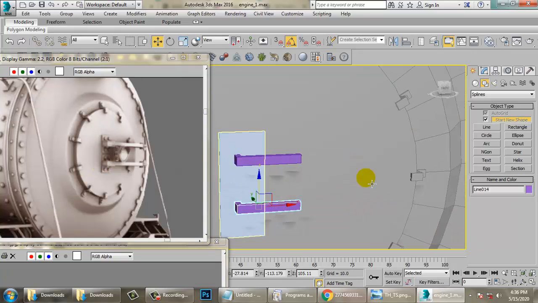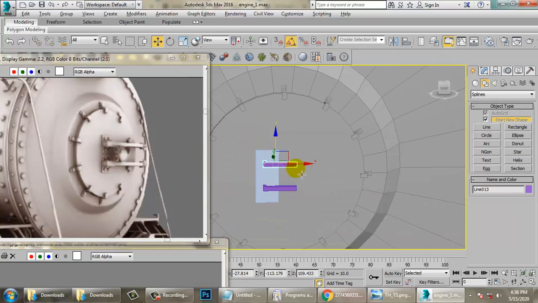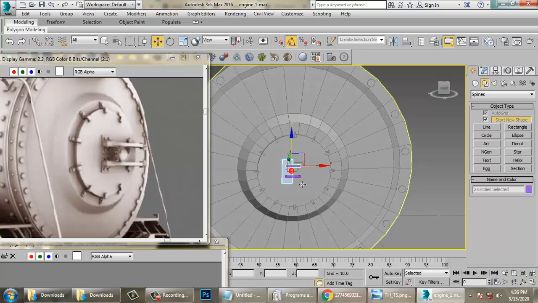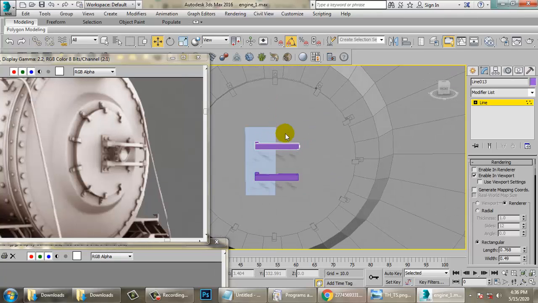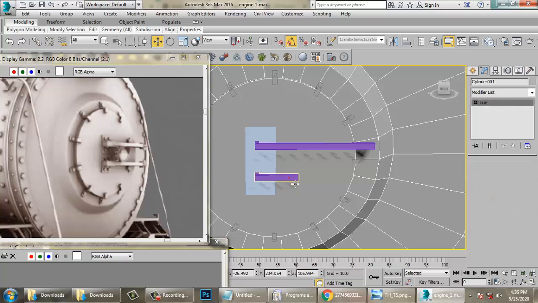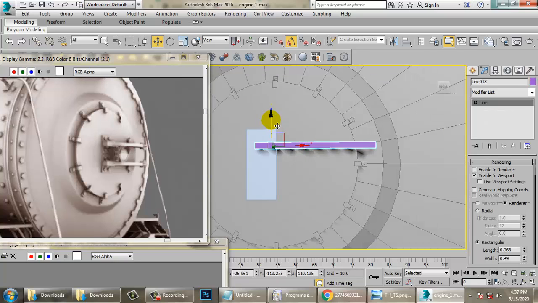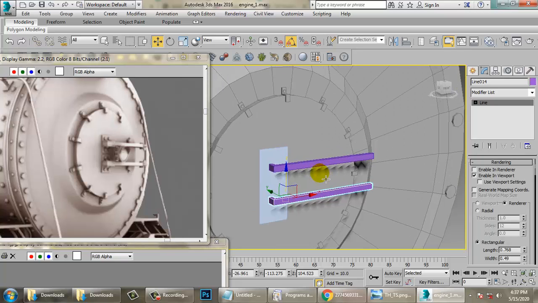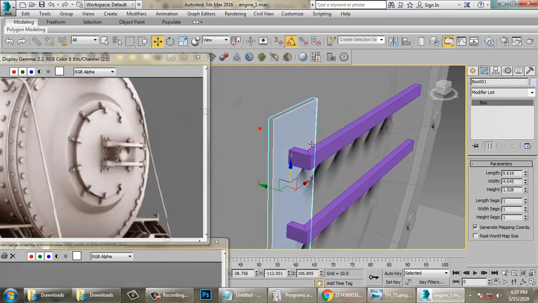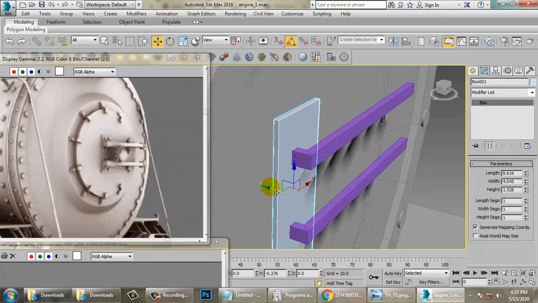If you see this, we can increase its size a bit, and definitely we can push it till here. Delete this, select this and push this down. I can push it a bit out.